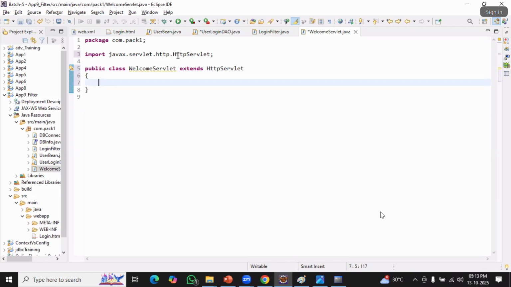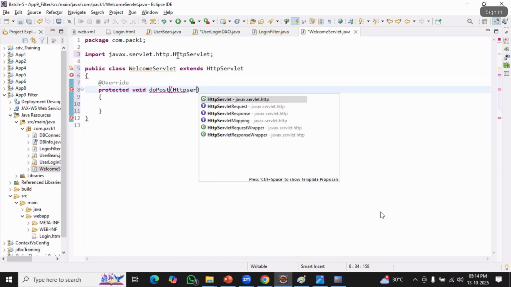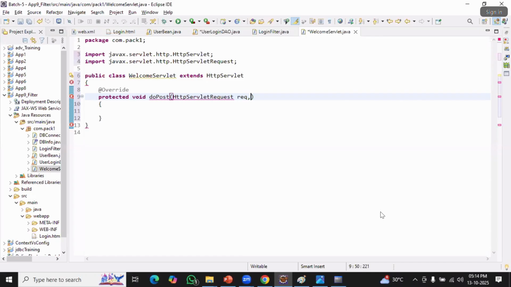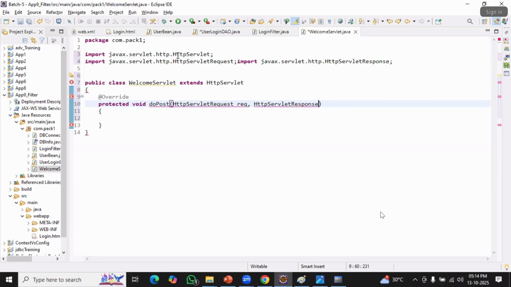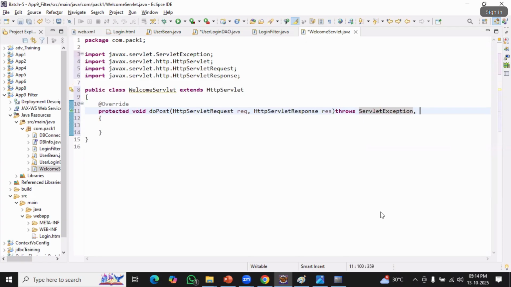So protected void doPost, and of course let me use the annotation Override. Here I'm going to write HttpServletRequest req, HttpServletResponse res throws